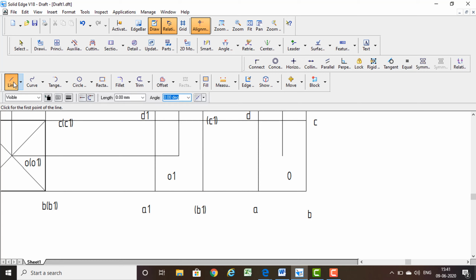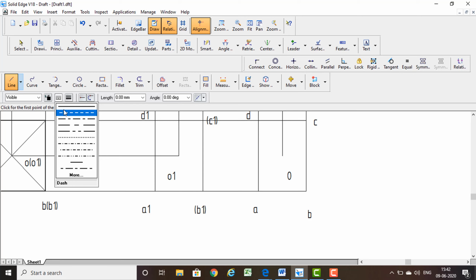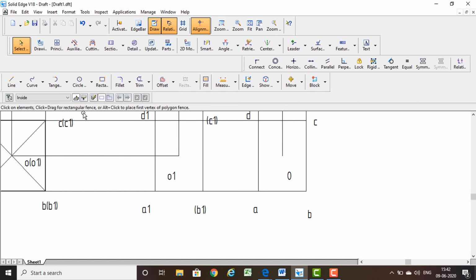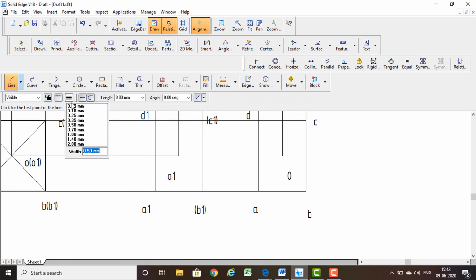Now I am going to take a line command. So thickness must be 0.5 and it must be an invisible line. Invisible line is represented as dotted lines, right? Dashed lines, discontinuous lines. So therefore, see, thickness, okay, selected 0.5.